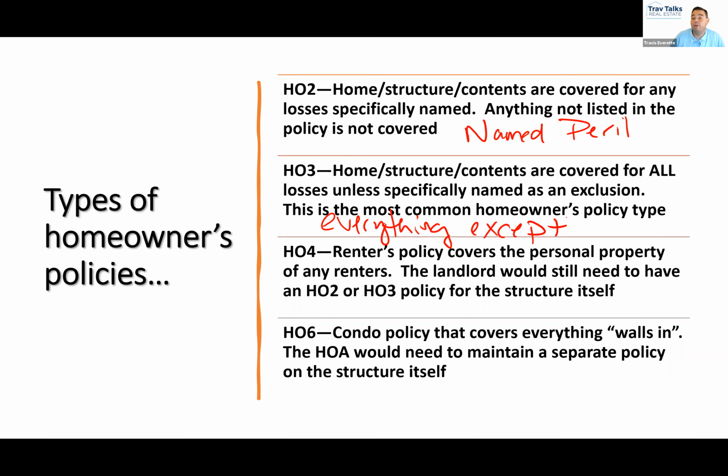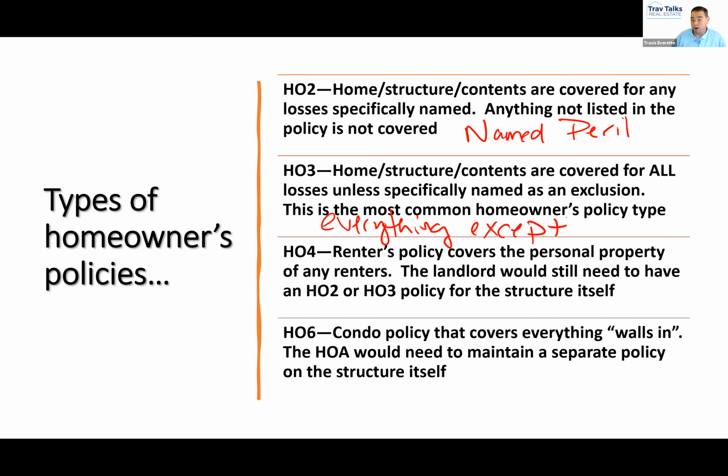But that's the difference. Is everybody okay on the difference between an HO2 and an HO3? HO2 basically has to tell you exactly what's covered, and HO3 has to tell you exactly what's not covered, because anything that's not listed is covered, right? So as an example, somebody asked me last week, well, if somebody breaks in my house and steals my watch, is that covered under my homeowner's insurance? I said, okay, what kind of policy do you have? They said, I have an HO3 policy. I said, does it say specifically in your policy that somebody stealing your watch is not covered? No, then it's covered. Does that make sense for everybody? The only things that are not covered under an HO3 policy are the ones that are specifically listed.